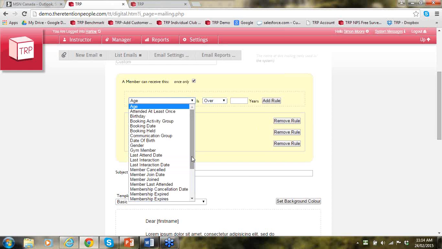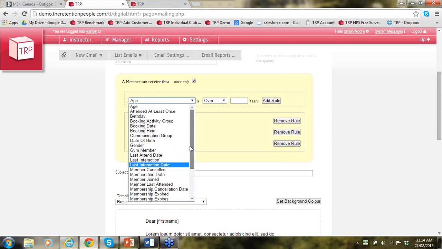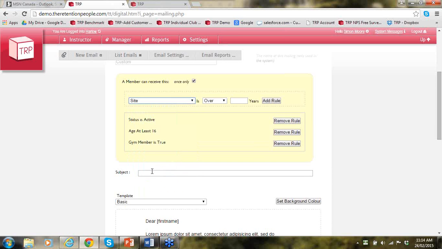If you want to send messages to a group that maybe has not attended within the last 15 days, you can send a specific message to them as well. You can send messages to canceled members, expired members, and a number of other target audience groups within your member management system. A couple of things that I really want to point out here are status rules, TRP type rules, and site-specific rules as well. So if I scroll down to site-specific,